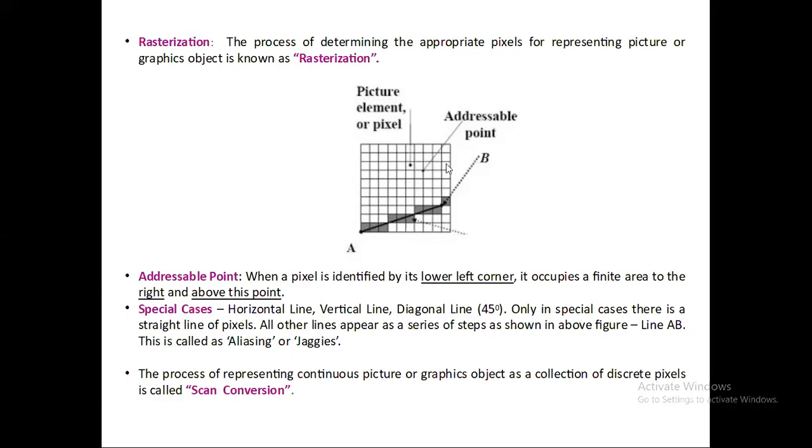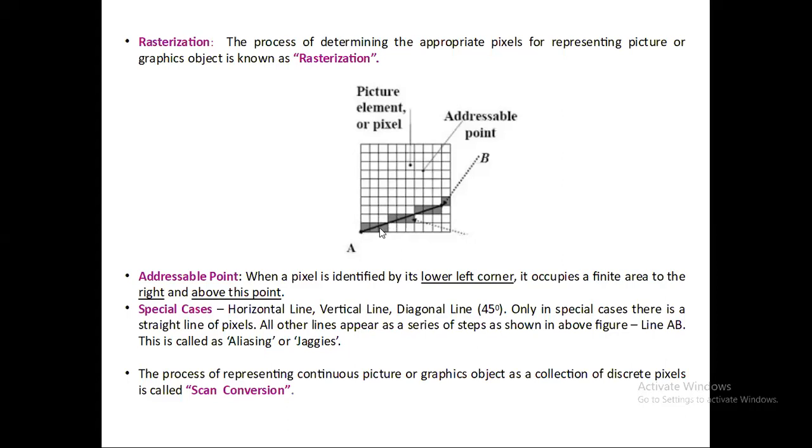Okay, so when we are going from point A to B, I have crossed these 3 cells, right? So these 3 cells will be highlighted. Similarly, I have crossed this pixel at this corner point. So this is my addressable point. Now this point is common to 1, 2, 3, and 4 pixels. Just note that here at this point, my mouse pointer is here. So this point is common to the 4 pixels, 1, 2, 3, 4.